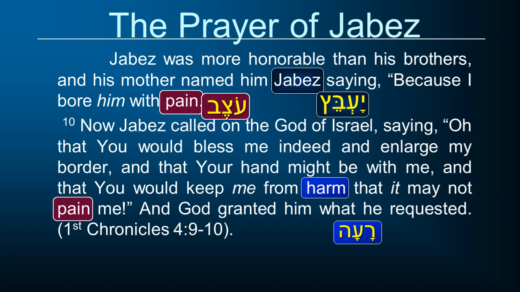So I think there might be a bit of overlap in this prayer with the Lord's Prayer, especially if you look and dig a little bit. And the good news is that God granted him what he requested, and so God did bless him. God did keep him from evil, that it wouldn't hurt him, which his name sounded a little bit like that word hurt. It's not the same word, so don't be too exact if you're treating this passage. But it's an interesting sidelight in prayer as we go through what have so far just been a list of genealogies, a list of people.